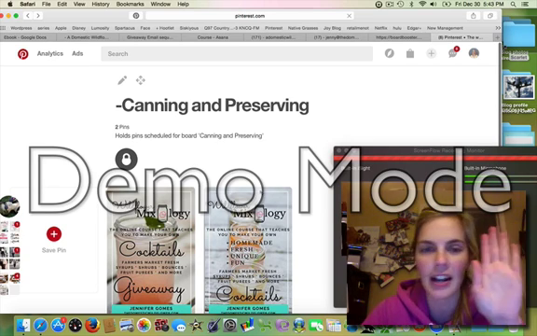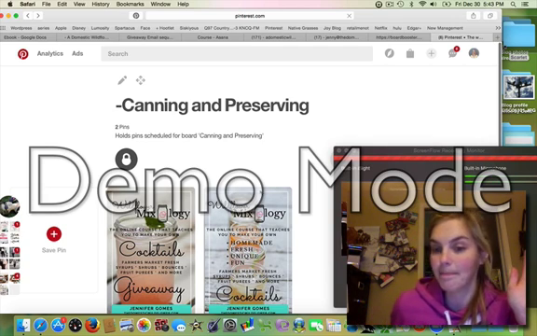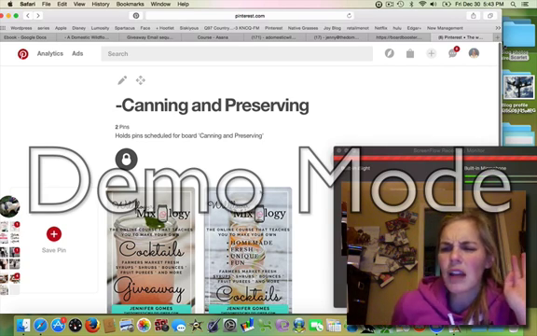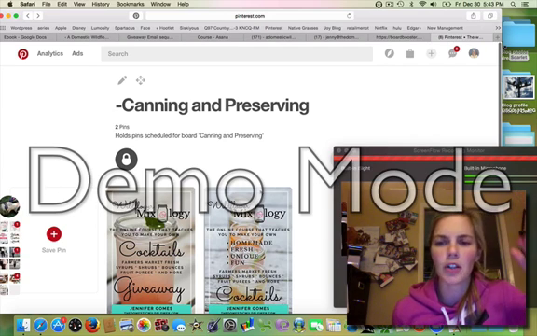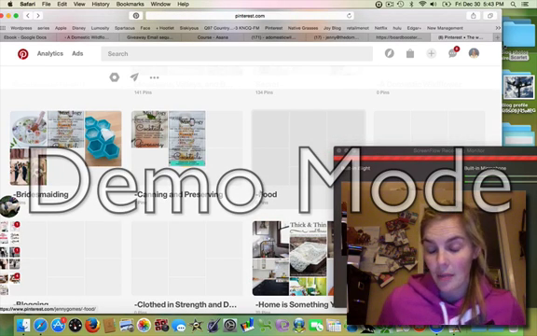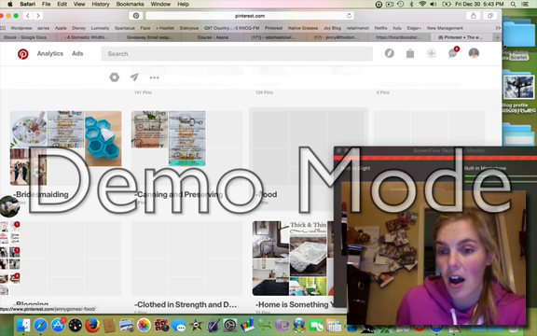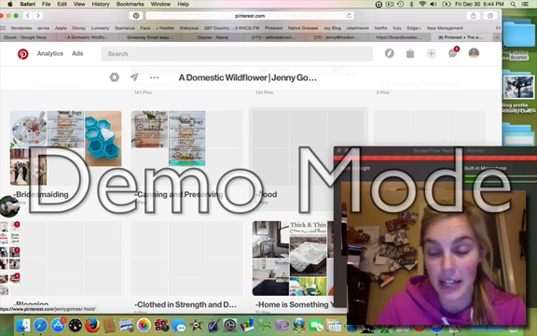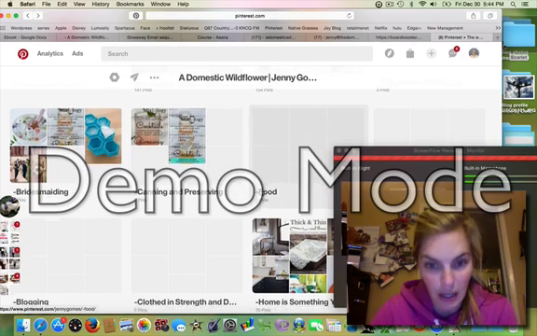I never think about it. I never see it. I don't know it happens, and that's exactly the way I want it. I think other schedulers out there make you manually do it, and you can decide which pin goes at what time. You can schedule it out other ways, but I believe Boardbooster is still the only outfit that loops pins. So in my humble recommendation, if you had to invest in anything for Pinterest, I would do Boardbooster